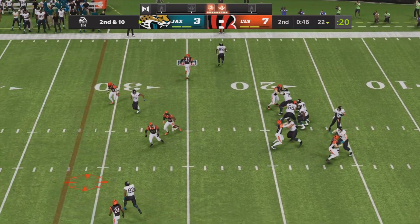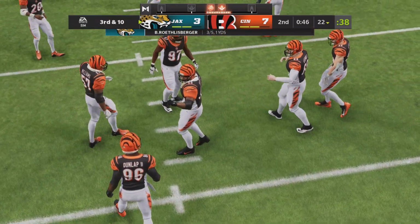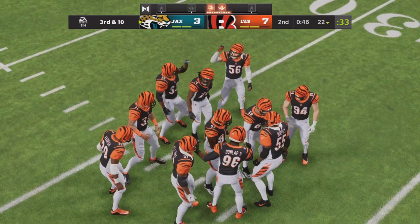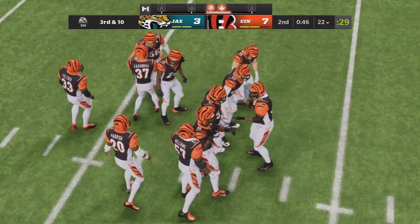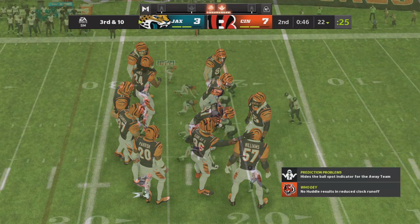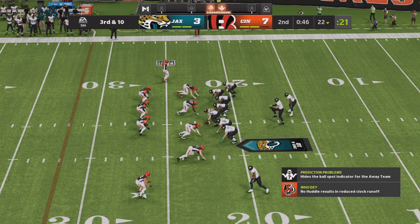Throwing again on second down. Roethlisberger throwing over the middle, but it's incomplete. To this point, I've been impressed with the work defensively. They have not allowed a lot of receivers to run free. And there's another example, another incompletion. An incomplete pass on second down. It muddles things a little bit here. This is 3rd and